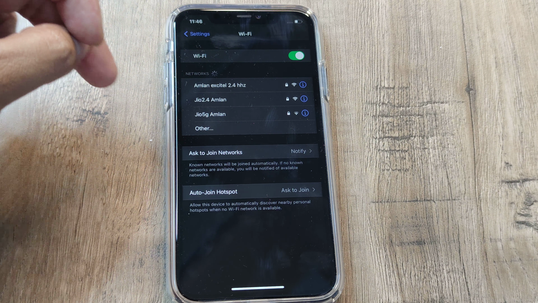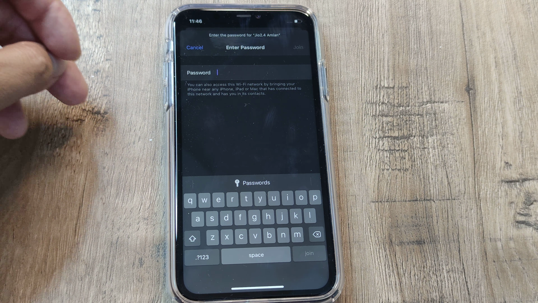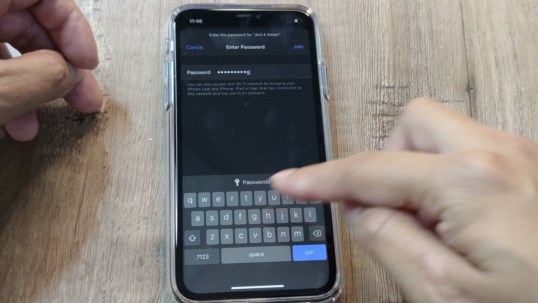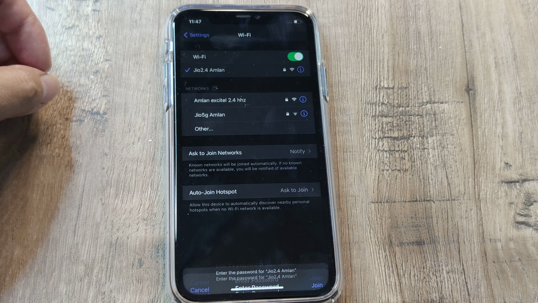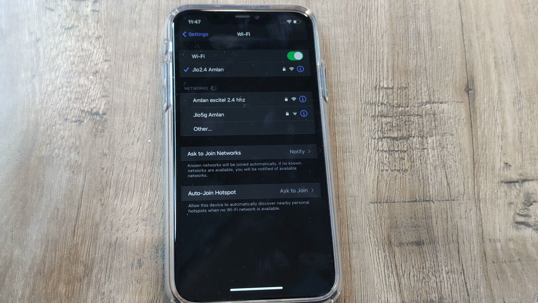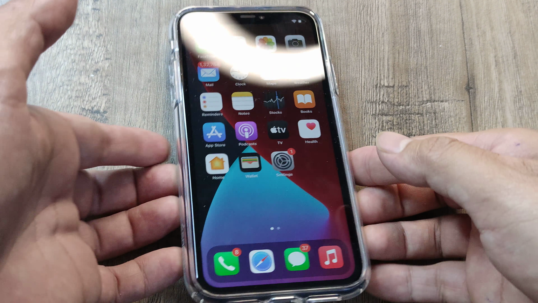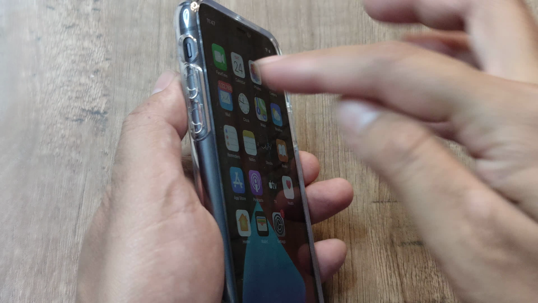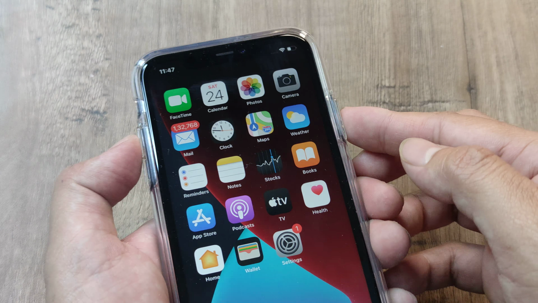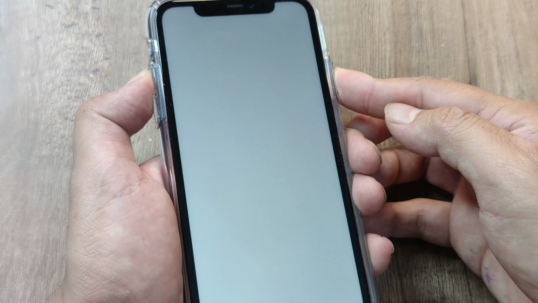The Wi-Fi network list will display and then again you are required to put in the credentials. So I will just put in the credentials and then join the network. The same credentials, and now when I join the network, hopefully the Wi-Fi connection remains strong and steady. Well, if all these methods fail, maybe rebooting the iPhone may also work. So we have the volume up and the volume down and the power button to the side. Hold the volume up and the power button together for some time.